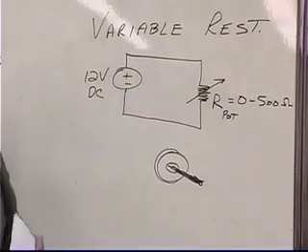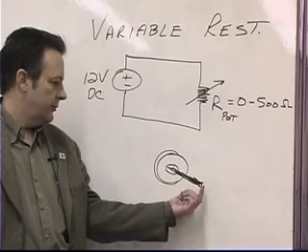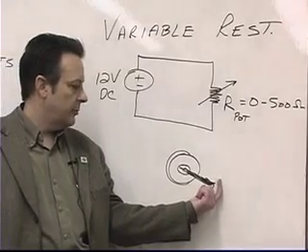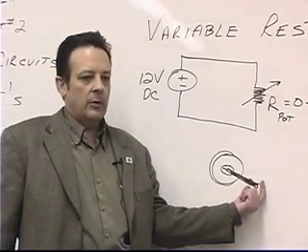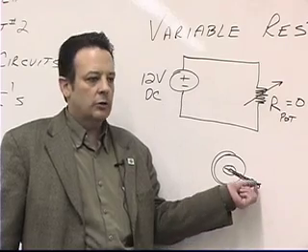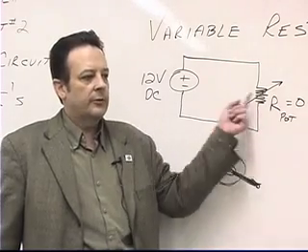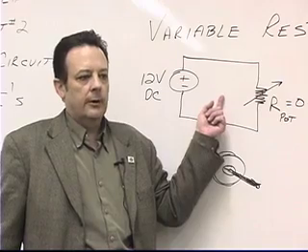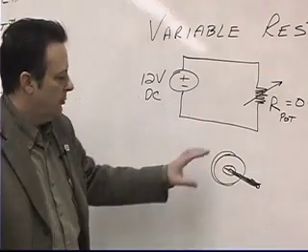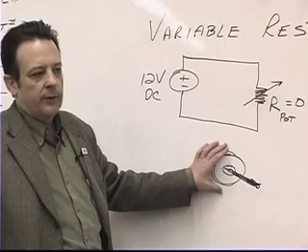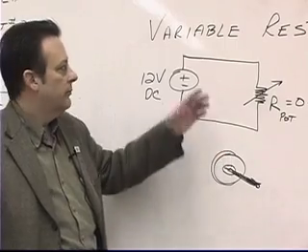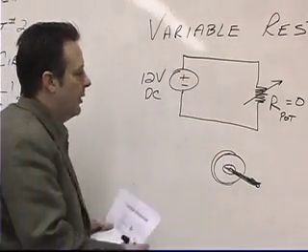And excuse my lack of artistic perfection, but that wheel right there, or that knob, is the thing that you turn to change the value of the resistance in the circuit. Okay? Now, when you come into contact with one of these potentiometers or POTS or variable resistors, what you're going to find is